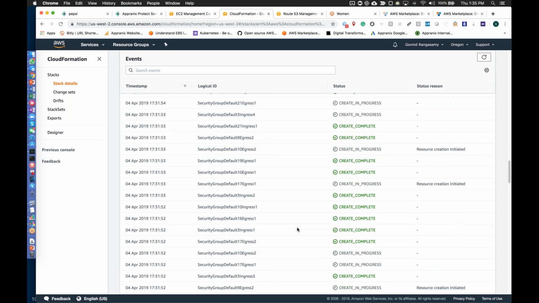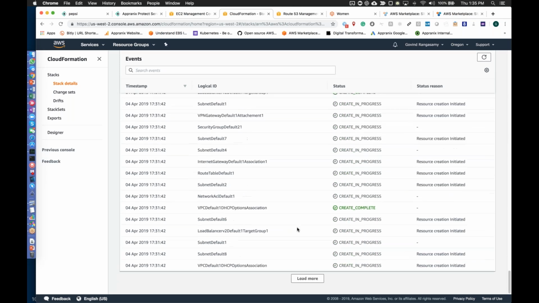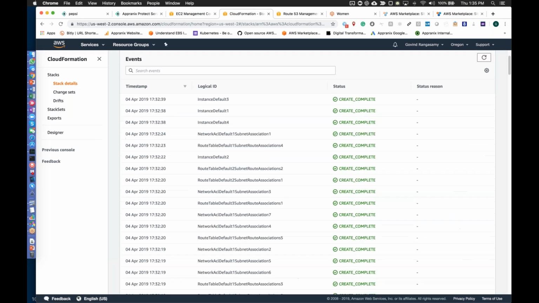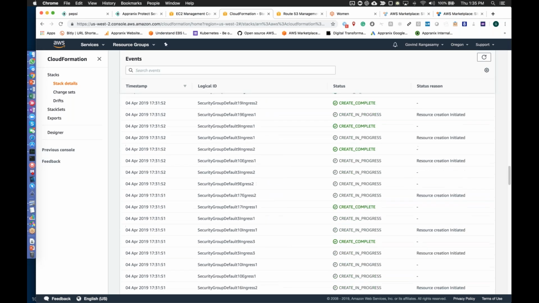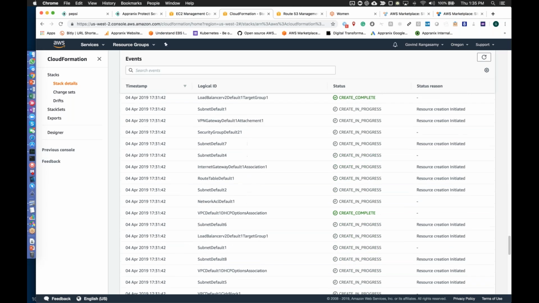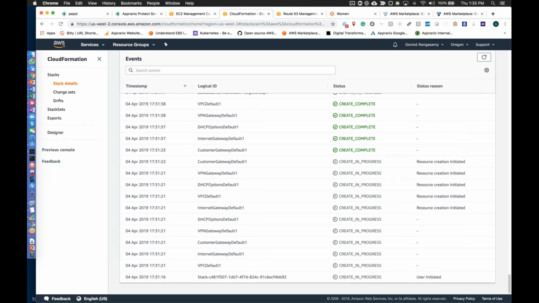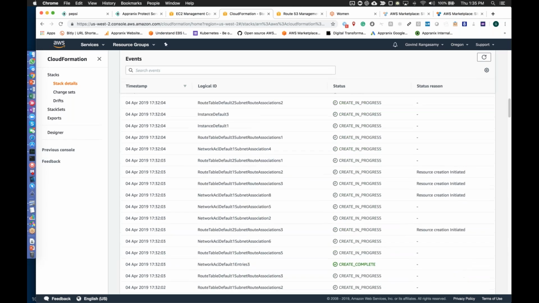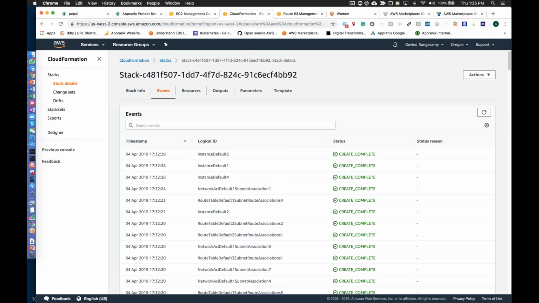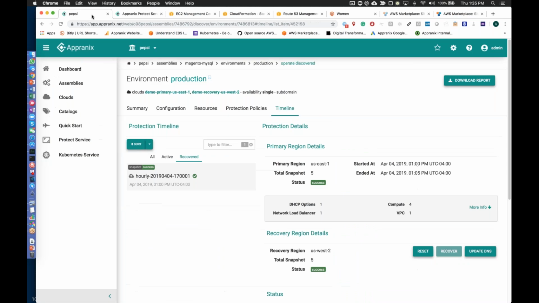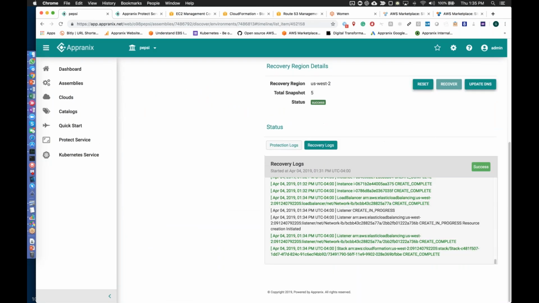All of those resources are getting created, creation initialized, all of that load more. So as you can see, the amount of automation, the amount of management that you will have to do to bring up the entire thing is tremendous. You will have to write one of those systems, or you will have to manually create all of that together to bring up that system, right? Looks like this is success.